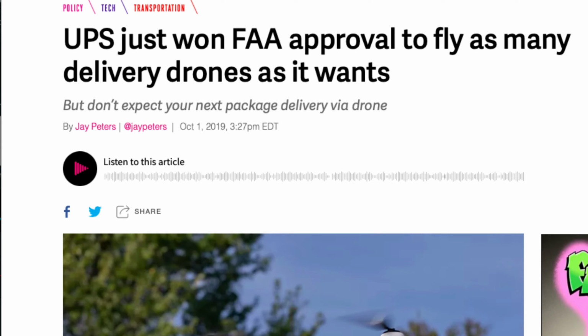UPS, FedEx, they're all jumping into this because they all want to see what they can do to be able to deliver their packages. And now, in a world where we're living during COVID, this is becoming an increasingly interesting concept, to where, hey, if you don't have to have contact with somebody, you can use a drone to go ahead and drop off a package. You can drop off your food, your medicine, whatever it is. That's going to be something that companies are going to be looking into. So that's what that really is.